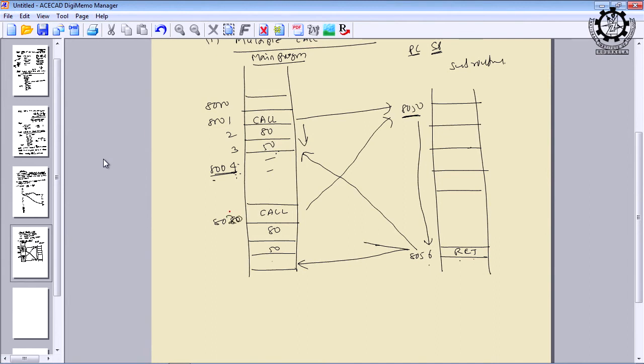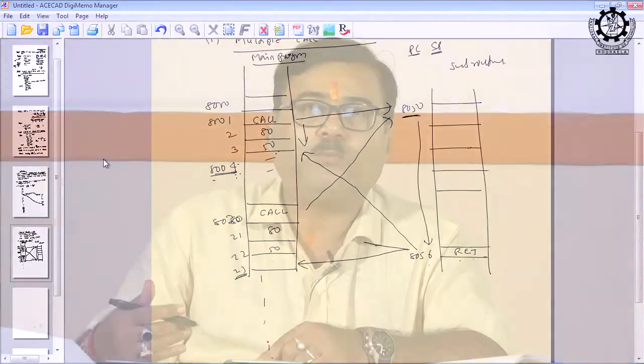For example, if it is 20, then this will be 21, 22, 23. So, what should be the program counter value? When the program counter value is 8023, it must be saved into the stack, and after executing the subroutine, we should get back 8023 from the stack and again resume the execution, so that the main program will be completed.